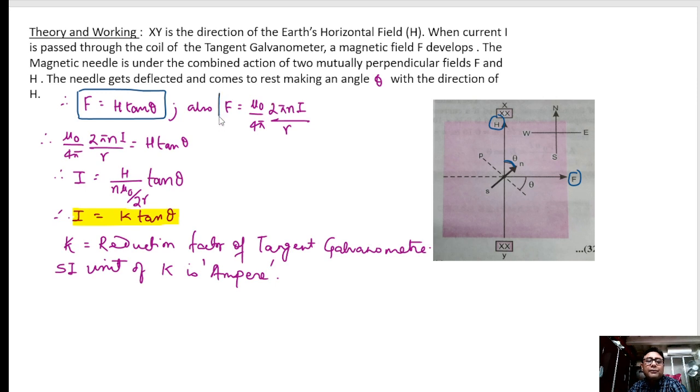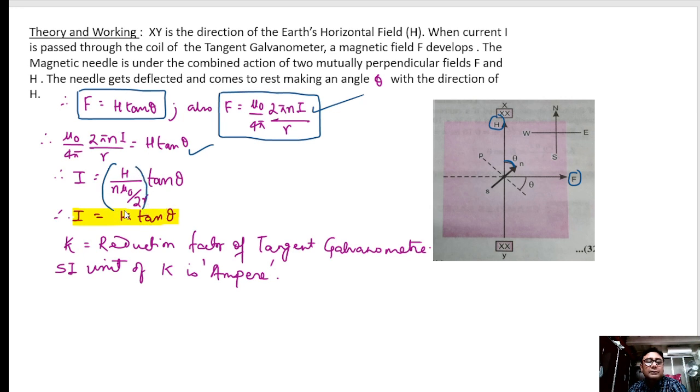And what is F? μ0/4π × 2π N I / R. Please note this formula. The force acting at an angle theta is μ0/2π, μ0/4π × 2π N I / R, where R is the distance of the magnet from the field. So equating this, we get this,